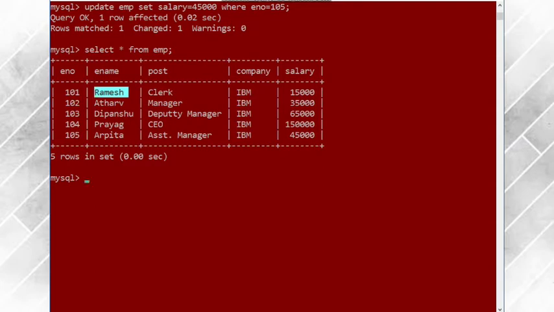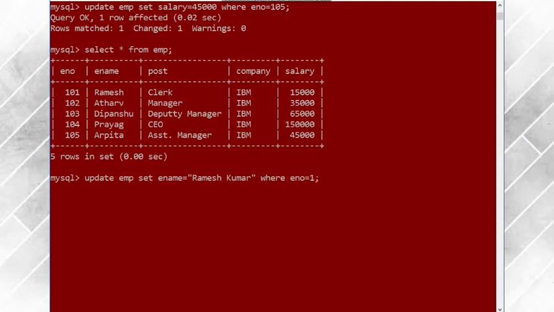We will write update EMP set e name, the field name, is equal to, suppose Ramesh's name has changed to Ramesh Kumar, where e number, you can give any condition you want.